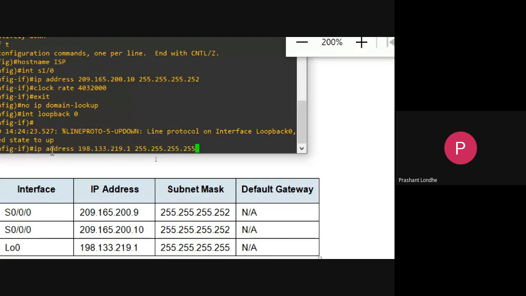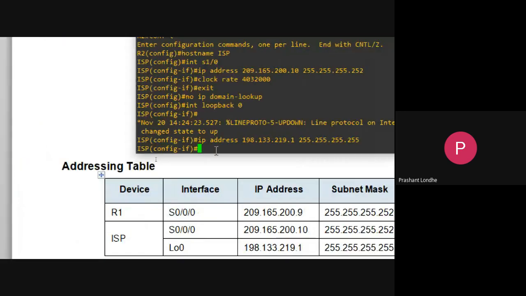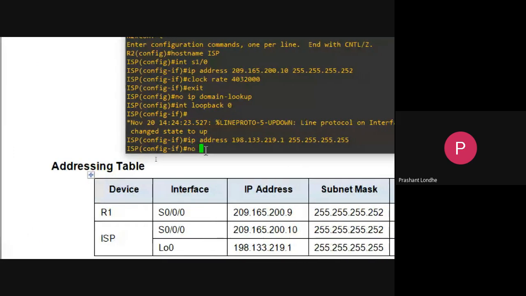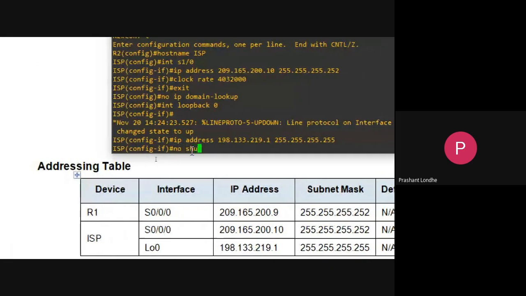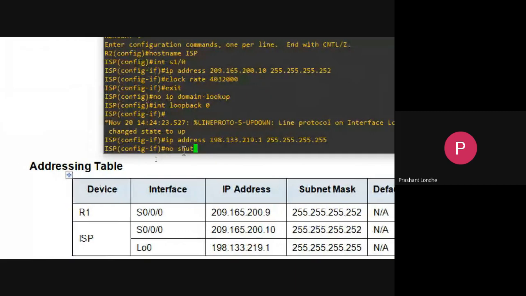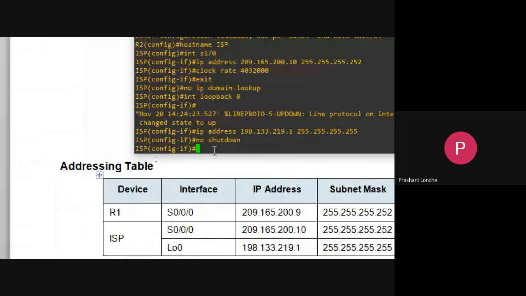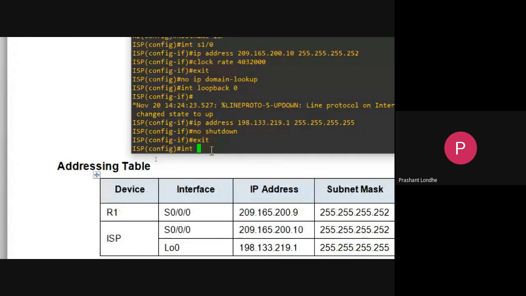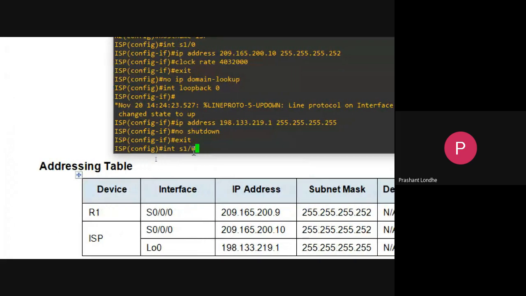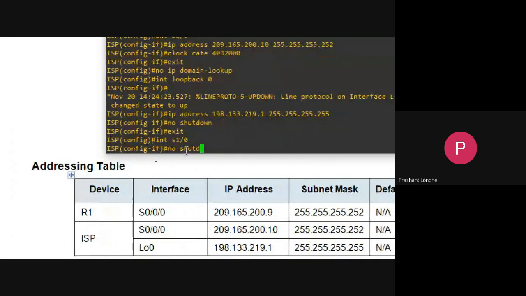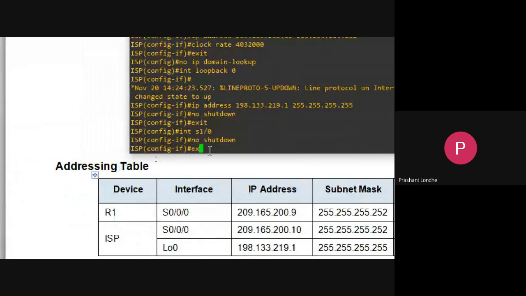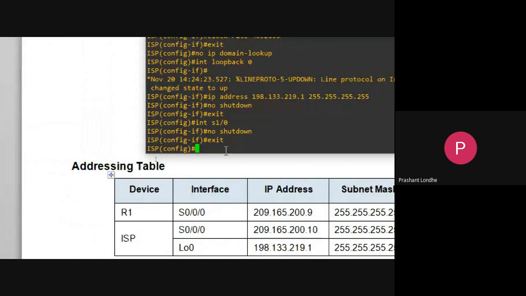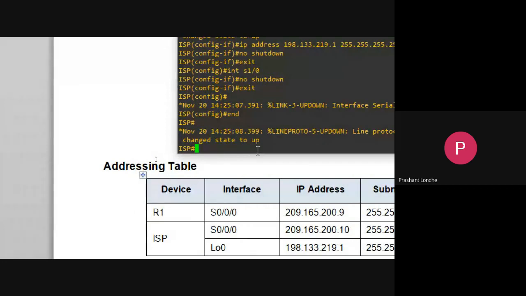You can just press enter. And now I will fire the command no shutdown. Also, I need to fire this command for the serial cable too. I will just write no shutdown, exit, int, let me ping